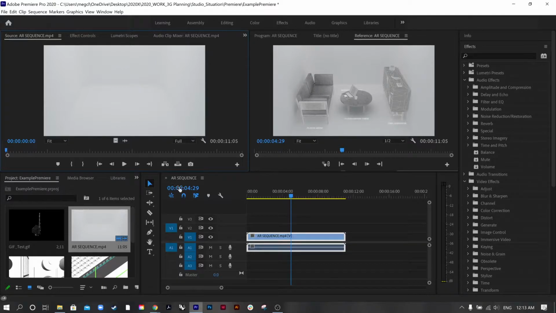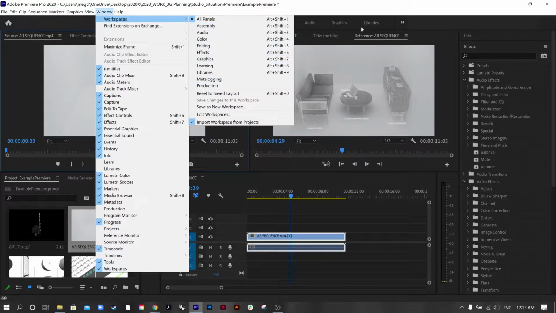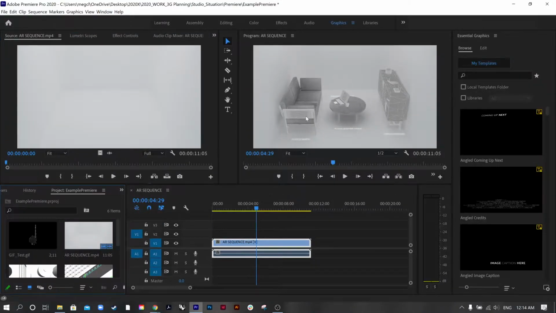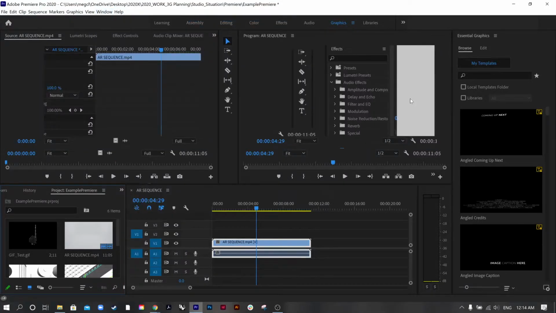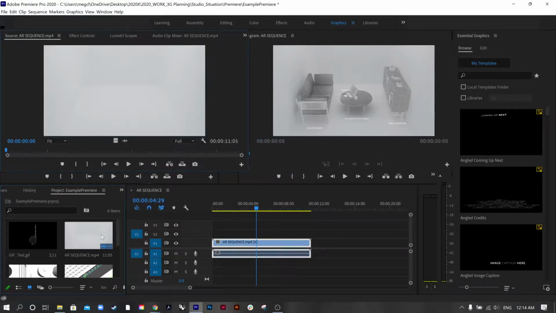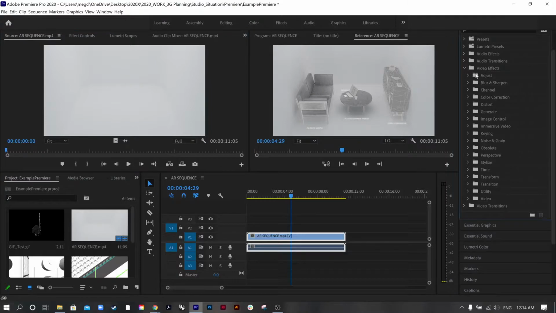the Premiere Workspace, as you've noticed, is made up of a bunch of different things, but there's different customizable workspaces that you can be in. All of the tabs are here as well. So if you prefer to be working with graphics, Premiere can kind of rearrange itself in order to meet that for you. However, I prefer to work in all panels, as I like to see my source clip, my source material, and then the production itself, as well as the timeline and all of my effects in the right pane here. So there's a lot of different video effects here, video transitions, and audio effects as well that can be